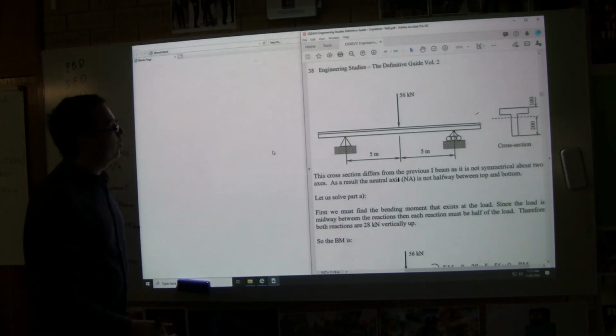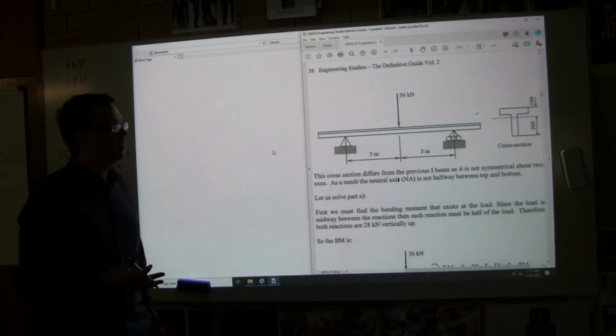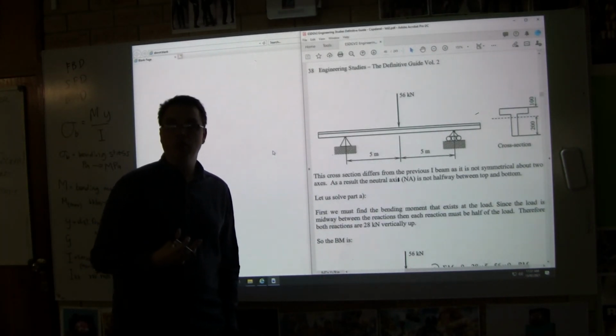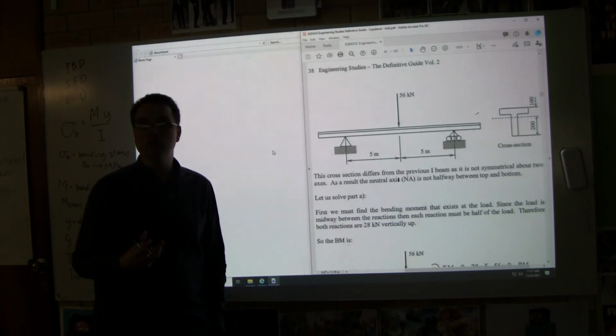What are we going to do? So first of all, we need to find the maximum bending moment. Now, what do you think the maximum bending moment of this diagram is going to be? Is there any way we